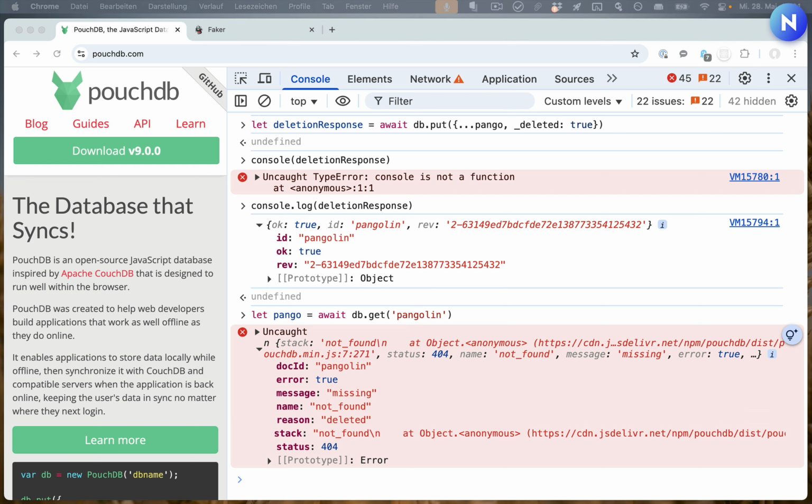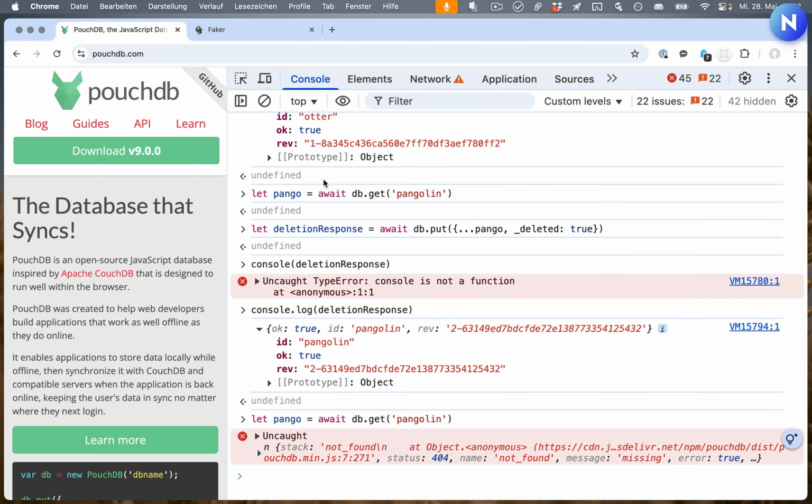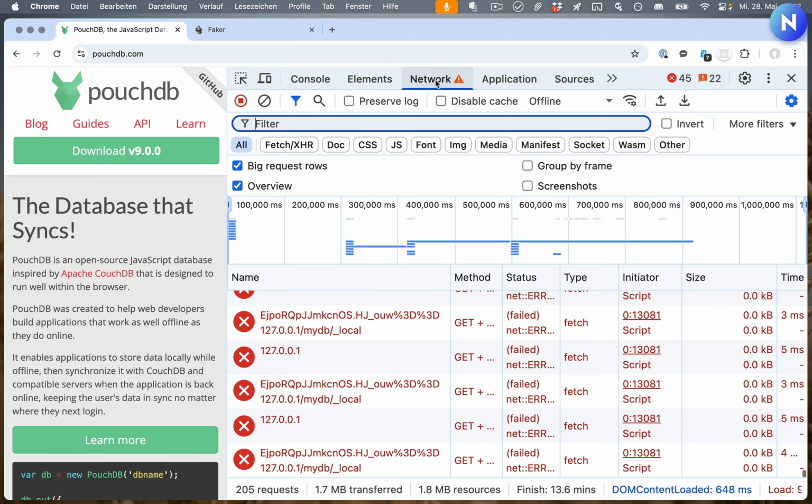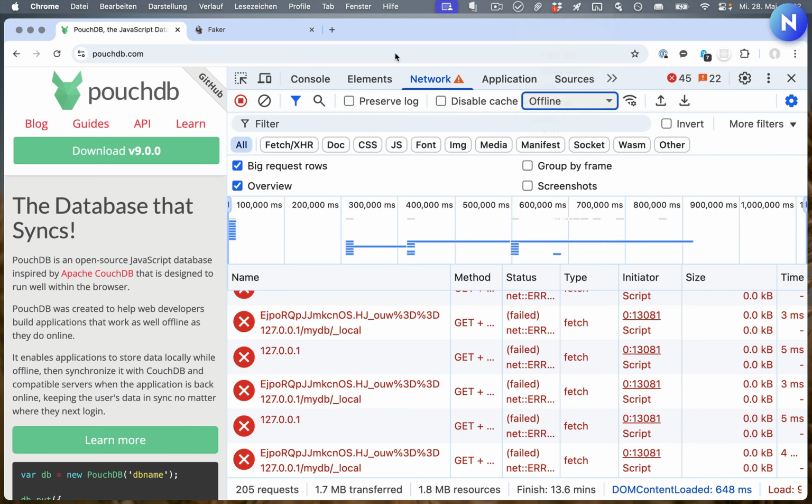But what this means is that we can very easily build apps that can seamlessly work online or offline without the end user having to care much about the connectivity status. And for us as developers, this is very convenient as well, because as long as our code doesn't make any network requests and only talks to the local PouchDB, we don't need to do any extra work to make this possible. The replication features will do all the heavy lifting for us in the background. Let's see that at work. Let's reconnect. And we should see our changes pop up in the CouchDB admin panel.